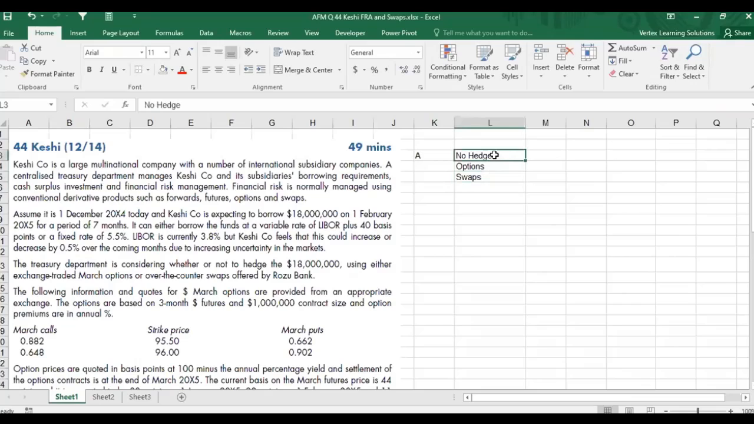No hedge we don't need to calculate. We will just see that the interest rate can go up 0.5%, can go down 0.5%, and it will remain. We take the risk on ourselves. Options and swaps. So if I start with options,